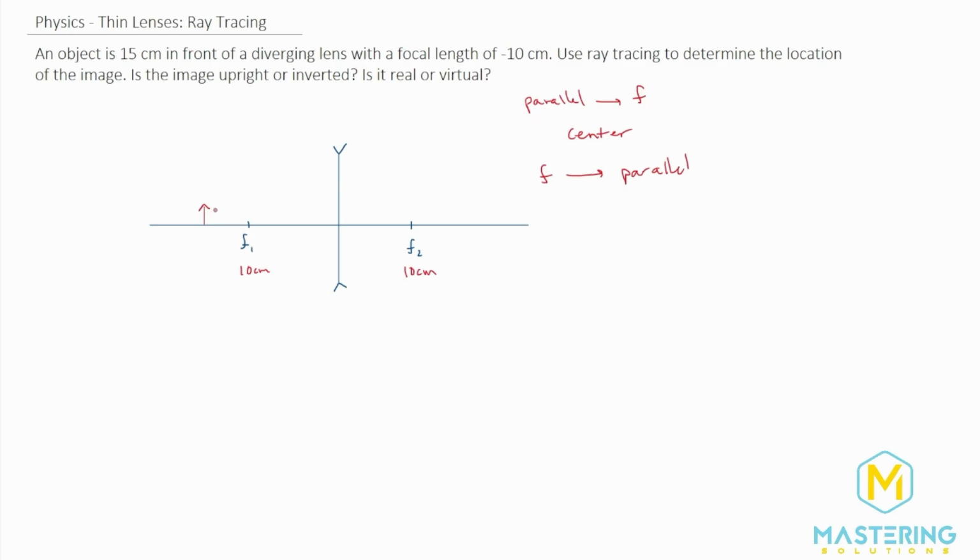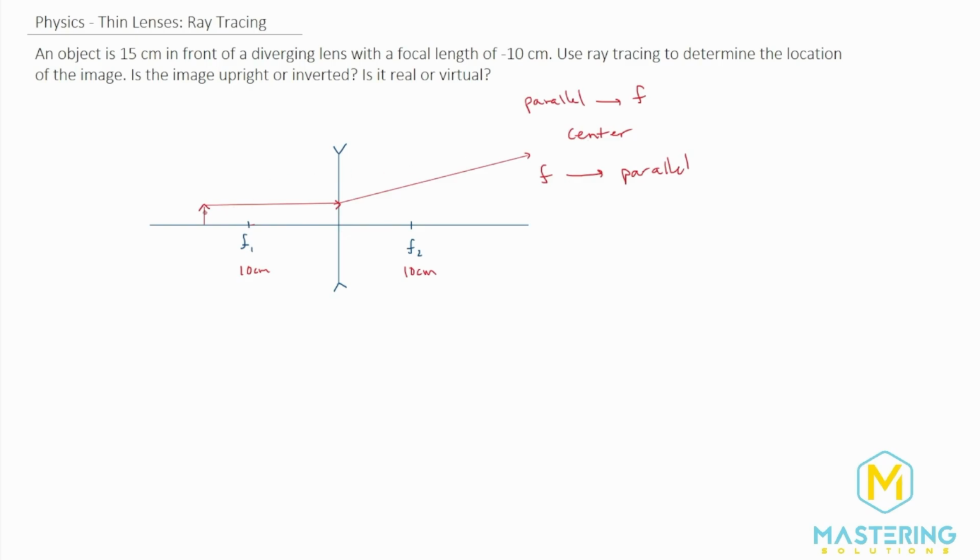So for this one, the diverging ones are a little trickier, but they're not too bad. We'll start with a parallel. So anytime you have parallel light rays, by definition, it'll go through the focal point. With this though, it's a diverging lens, and so how we know how much it's going to go is if we come from this focal point, that'll indicate to us how much it's going to diverge. This will go like that. So then I can go in and erase that there. Okay, so that's how we'll have this one.